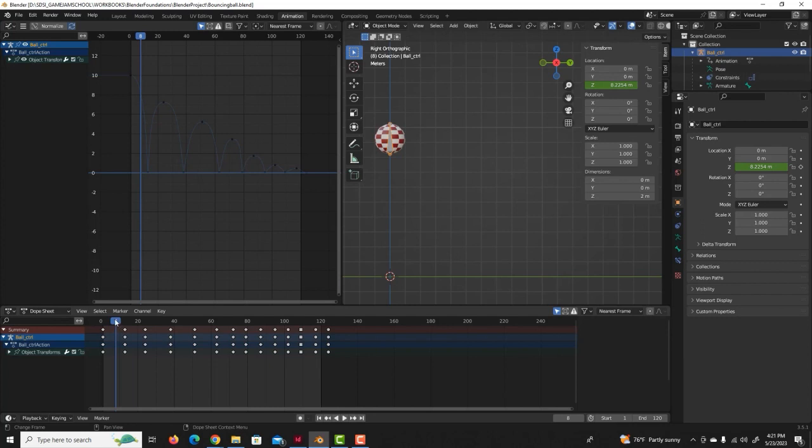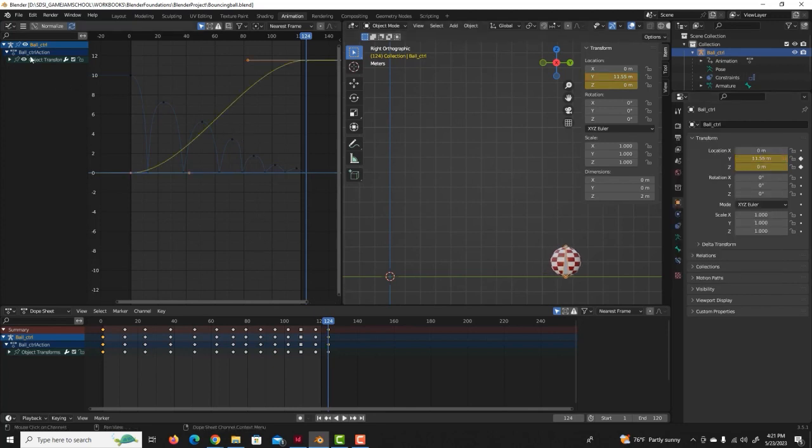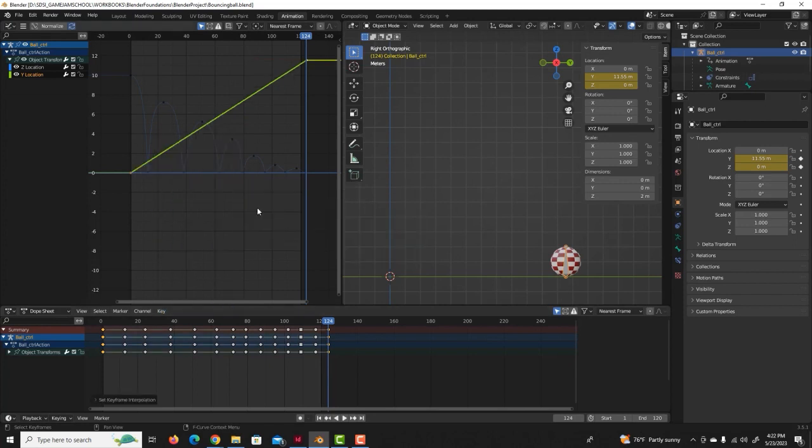So let's go back to the beginning, start keyframe, and location, right click, set single keyframe, go back to the end of the animation, and translate this over time. And now it's added another curve here, so I can see the Y location curve. This curve has an in and out tangent, a smooth in and out. So I'm going to change that interpolation type because I want it to move in an even manner. So interpolation mode, linear. Now if I play back,